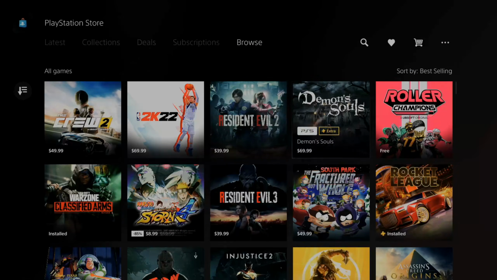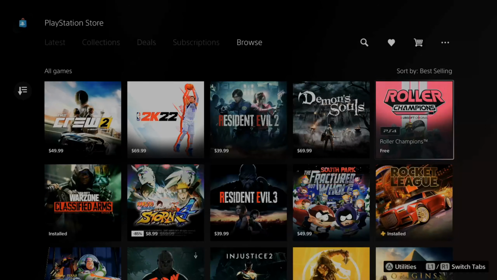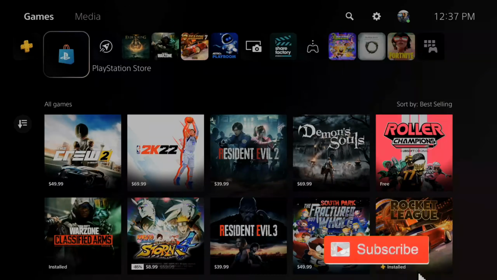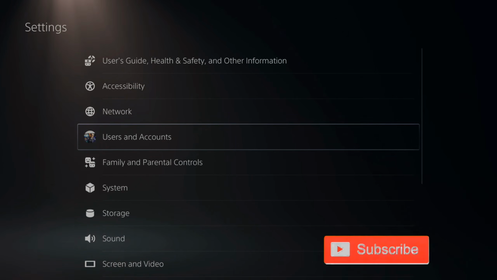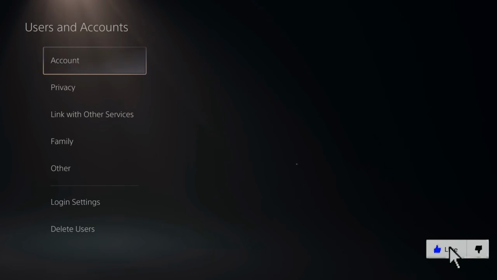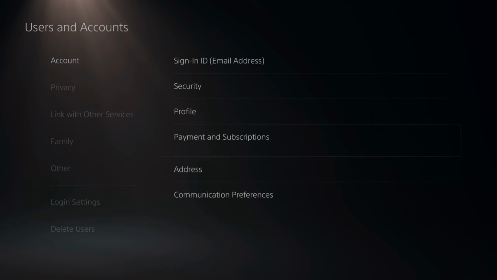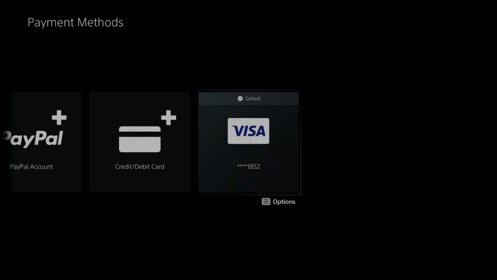So if you're trying to buy a game from the PlayStation Store and an unidentified error occurred, how would you go ahead and fix this? Well, the first thing you want to try is going up to settings right here and selecting this and going down to users and accounts. Then under accounts, go over to payment and subscriptions. Then you can go to payment methods and you can see your credit card in here and you can press